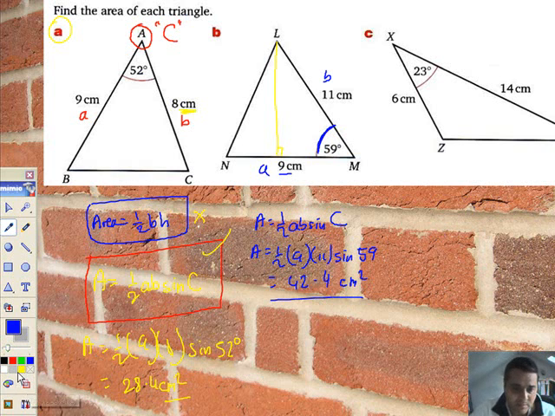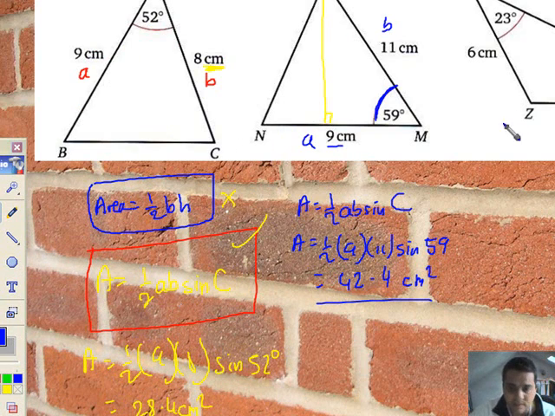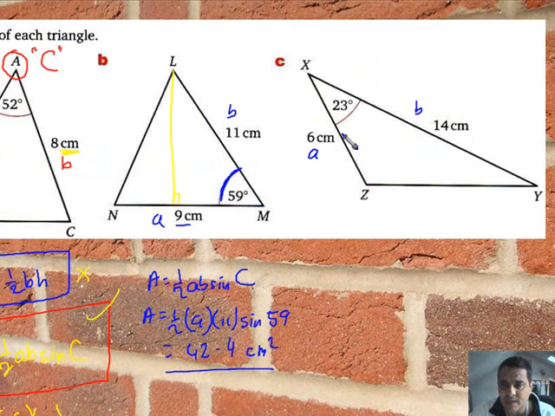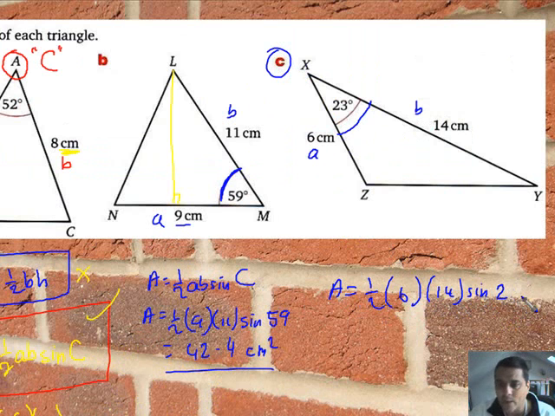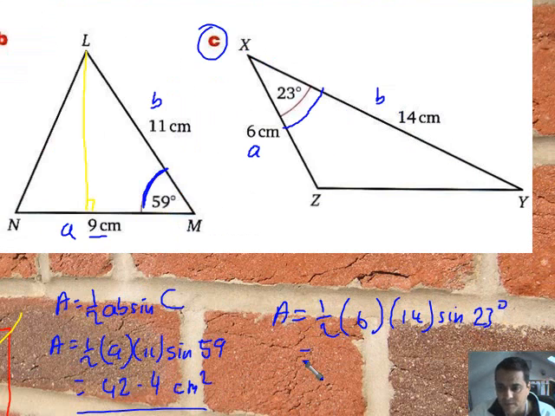Okay, that's two of them. We'll do this one here. We've got an A, we've got a B, and the angle between them, so that's ready to go. Area equals half of 6 times 14 multiplied by the sine of the C, so to speak, and here it's question C. Angle X is 23 degrees. So I'm going to say 3 times 14, half of 6 being 3, multiplied by the sine of 23 degrees. And that gives us